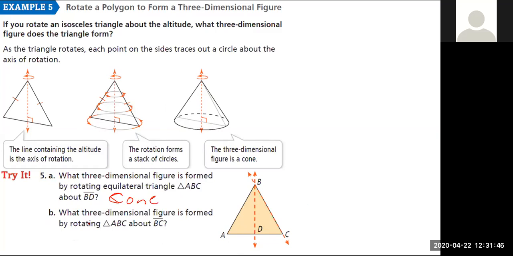The next one, what three-dimensional figure is formed by rotating around BC? Now, it's not going to be a cone. It's not going to be a cylinder. Anybody want to take a guess as to what it looks like? So it's not just going to be one of those things. So let's see if we can picture this. If I was to draw it,